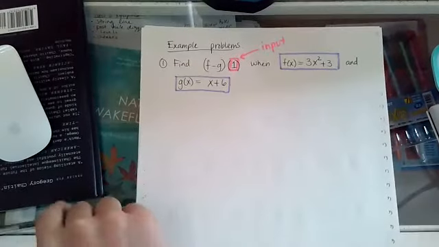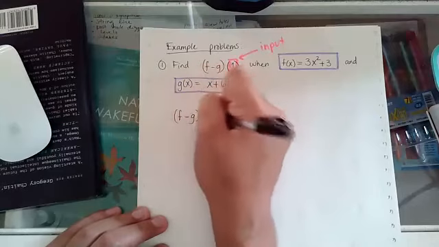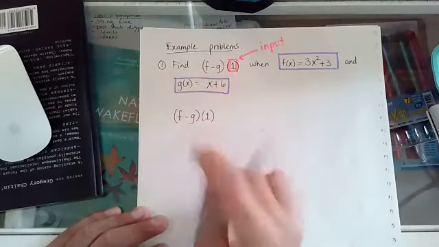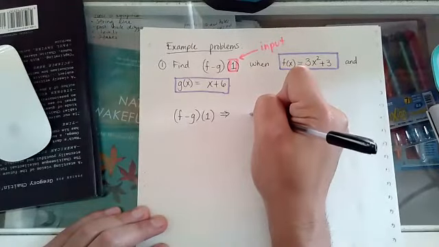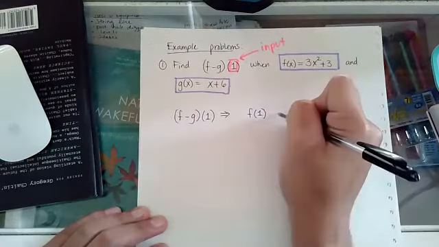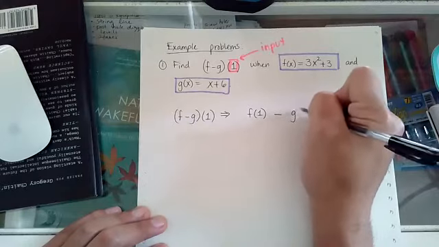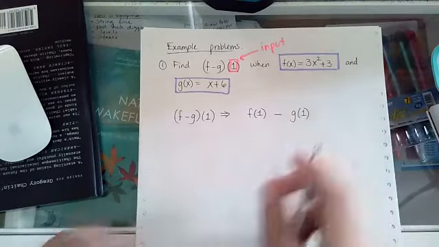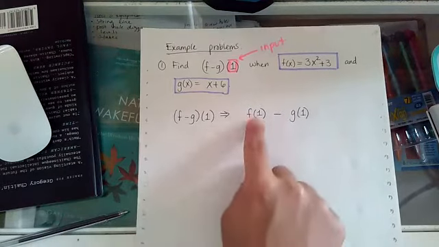And if we remember the rule, which I just gave to you, it might be hard to remember, you might need to flip back. The rule is that if you're subtracting the two functions at this one input, then what you're really doing is finding the output of f evaluated at 1, and then whatever that is, you're going to subtract from it whatever g evaluated at 1 is. Okay. So that means